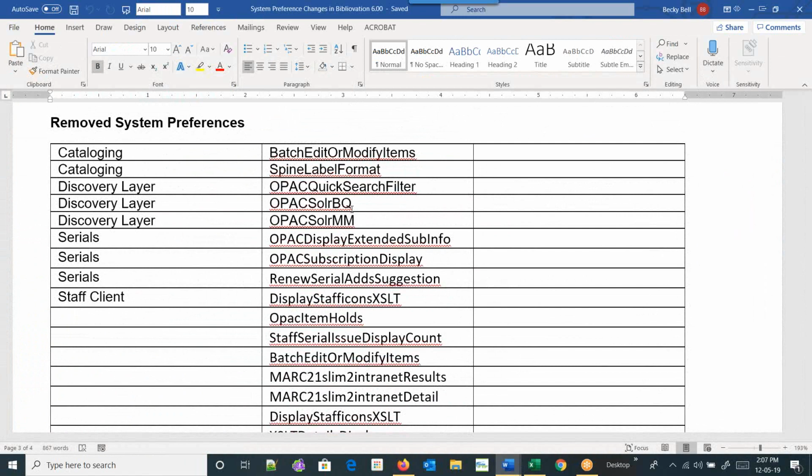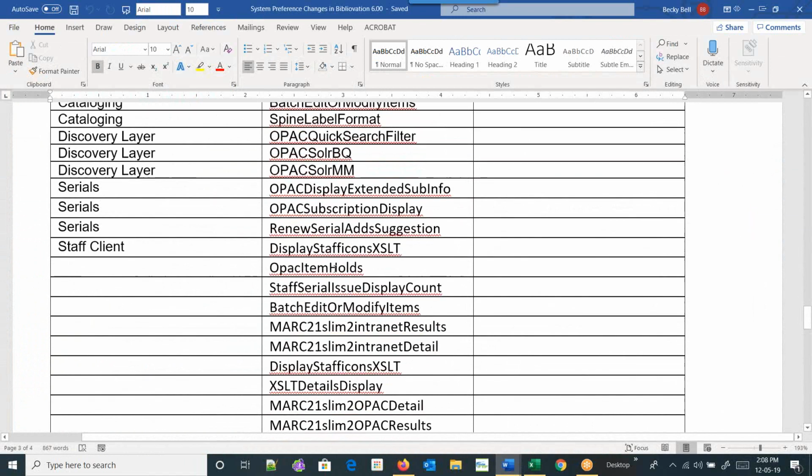Okay, that's all I needed to know, and I probably would have figured that out if I had gone and looked, but I opened it while we were on the call and was taking a look at it. And there were some other things that, again, I would expect we would have, and if it's just name tags or redundancies, that's fine. Yeah, and the primary thing in this one that I found is that pretty much all of the XSLT coding, or all of the XSLT system preferences, are now gone. They may still be in the displays when you look at them online, but there will be no reference to them in the coding behind it.